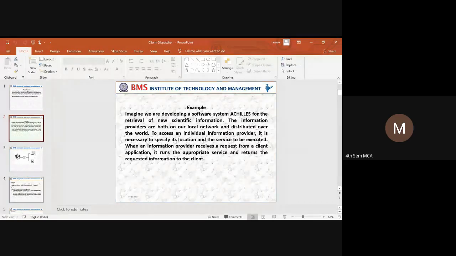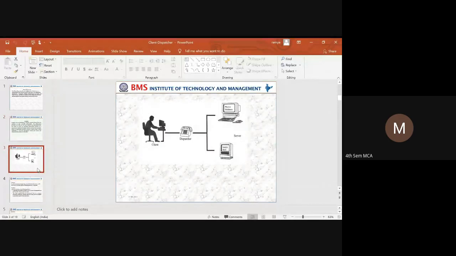Here is a diagram which shows how the client dispatcher works. Here the client is using the system, and the dispatcher is identified as a telephony service. And we have some systems which are identified as servers. The client will request a service.